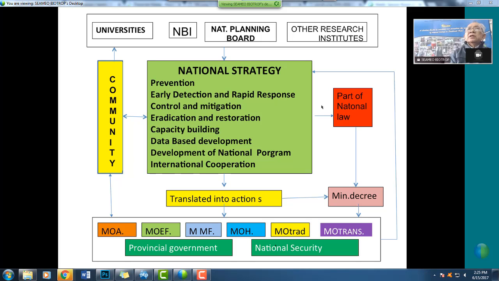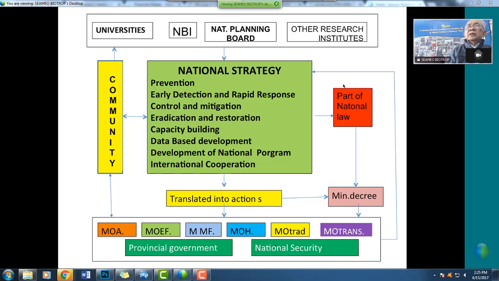Database development, and then the development of a national program, a very important one, and of course international cooperation. So this national strategy must be made into a law that everyone must obey. And this must be translated into action by ministers under the government: the Minister of Agriculture, the Minister of Environment and Forestry, the Minister of Maritime and Fisheries, this is the case of Indonesia,